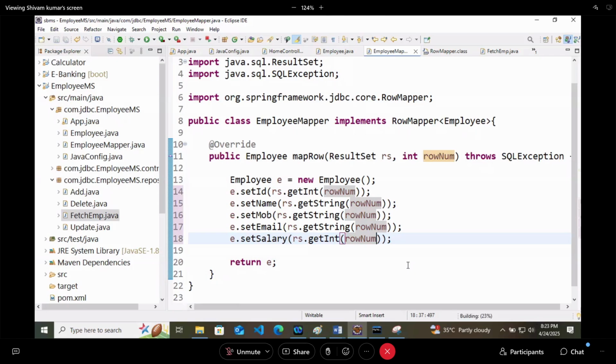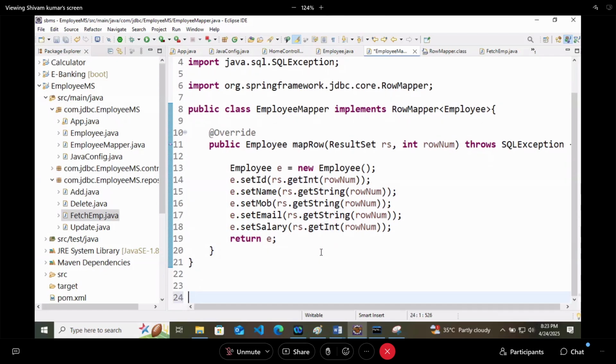So every single time you are just giving the reference of row num. Automatically it is iterating here, right? That's what I said, that it will iterate automatically. Then why is it going out of the index?